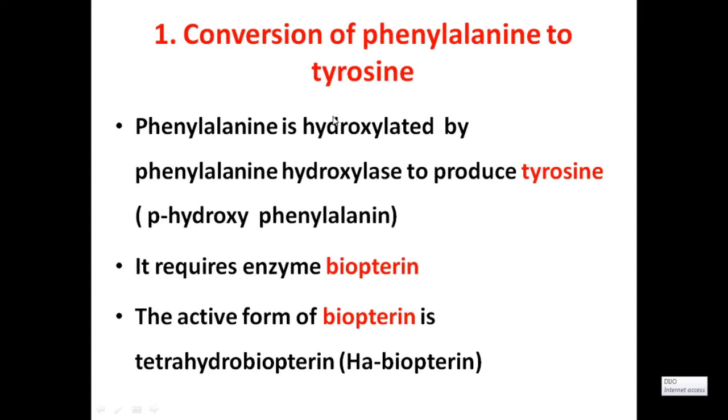The first one, the conversion of phenylalanine to tyrosine. How is phenylalanine converted into tyrosine? This is the first step. Phenylalanine is converted to produce tyrosine by the enzyme phenylalanine hydroxylase. In the presence of this enzyme, phenylalanine is converted into tyrosine. It requires a cofactor known as biopterin. Usually the active form of the biopterin is